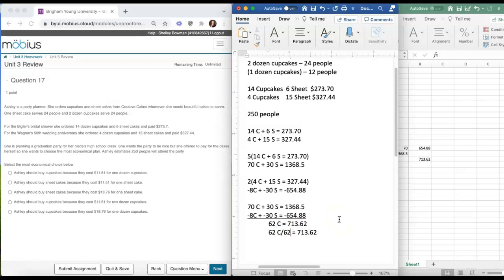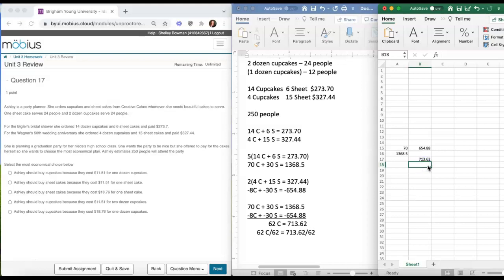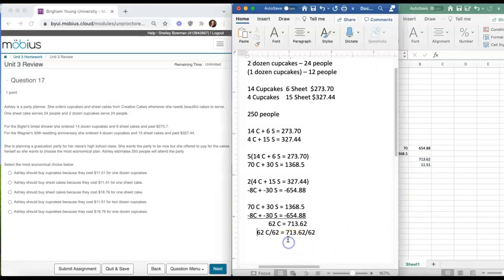Divide by 62. Divide by 62. Take this back so all my equal signs line up. And then again, because I have it here, I can just divide by 62. And I get my answer is cupcakes